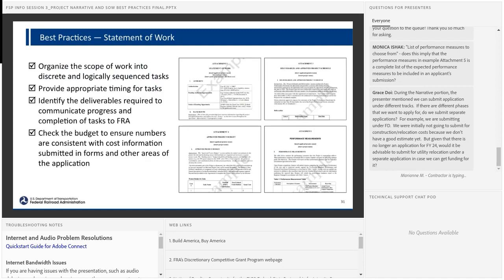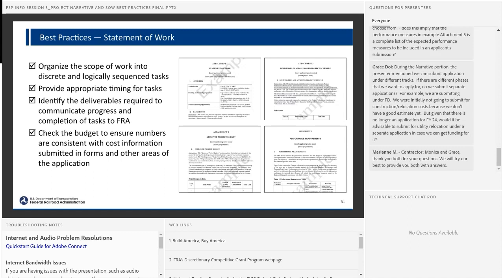Best practices, statement of work. Organize the scope of work into discrete and logically sequenced tasks. Provide appropriate timing for tasks. Identify the deliverables required to communicate progress and completion of tasks to FRA. Check the budget to ensure numbers are consistent with cost information submitted in forms and other areas of the application.